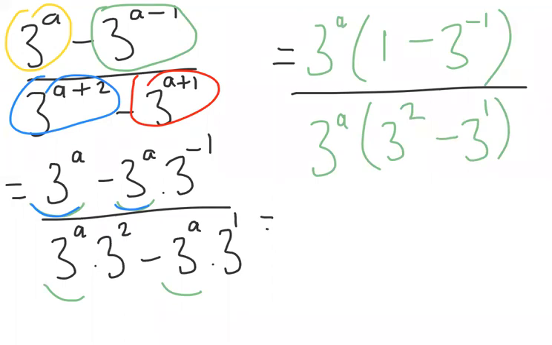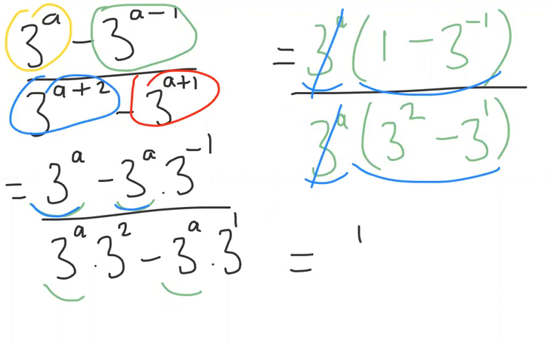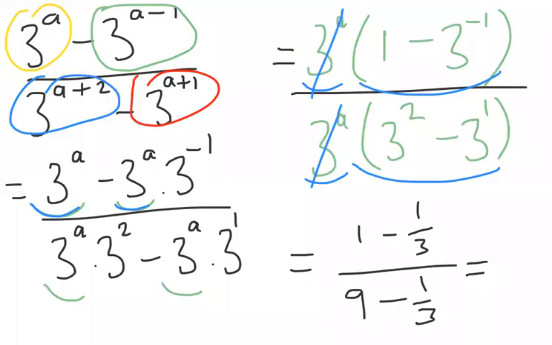All right, so just be very sure that you understand what I did there. And now we have a sum where we have something times something and another something times something. And now if you have that, you can literally just scratch out or eliminate the 3 to the power a's, and what remains on top is just 1 minus a third. At the bottom, you're going to have 9 minus a third, and you can just do all of that calculation, and then your answer will be, on top, 2 over 3 divided by, at the bottom